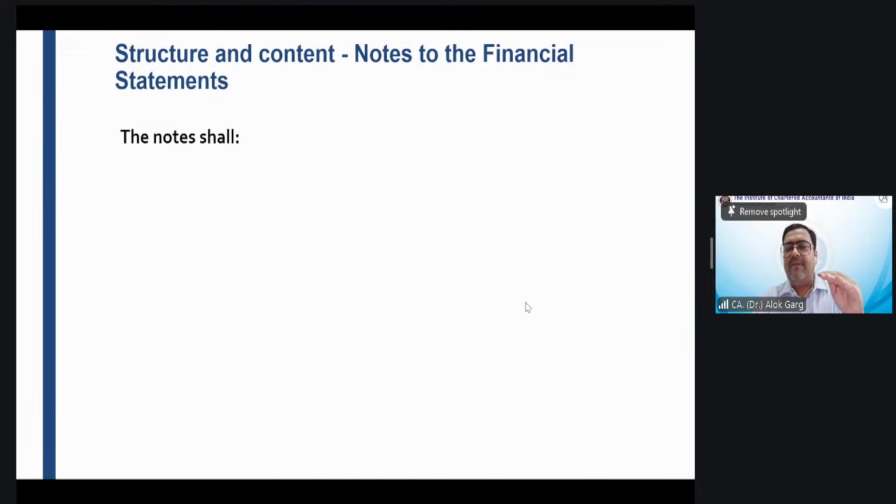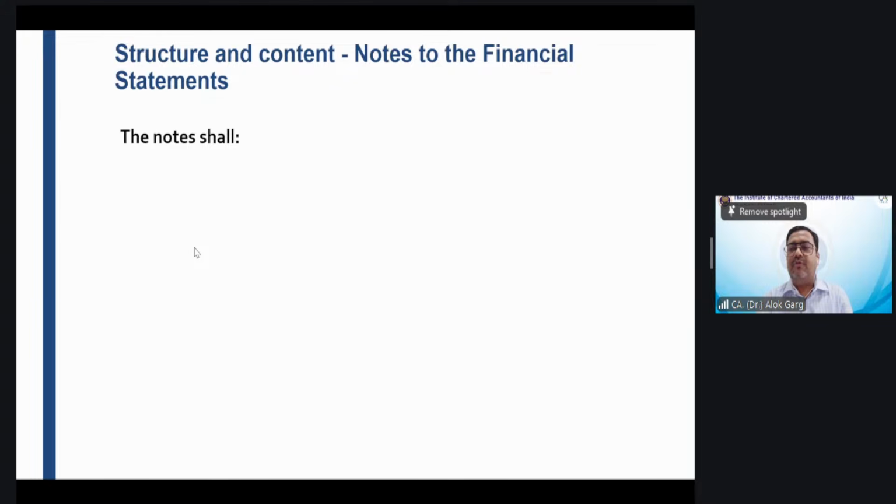So basically, let's say items that will be subsequently reclassified to P&L has 3 items, and items that will not be subsequently reclassified to P&L has 4 items. Okay, sir. So you can consolidate all the items relating to subsequently reclassified to P&L and subsequently not reclassified to P&L, and show these two sections. Okay, only 2 columns, not 7 columns. Clear, Manoj? Okay.